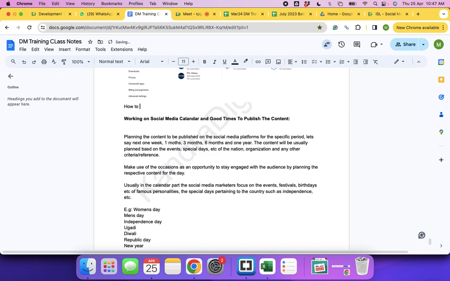So when they engage with your content or post, their friends also will get to see it. And these 500 people will have many friends. Even if each of them has 1,000 friends, 500 into 1,000 is 5 lakh people. Now your post has the potential to reach 5 lakh people.